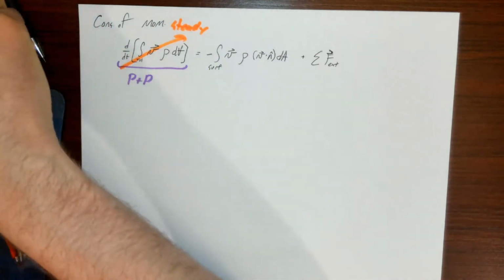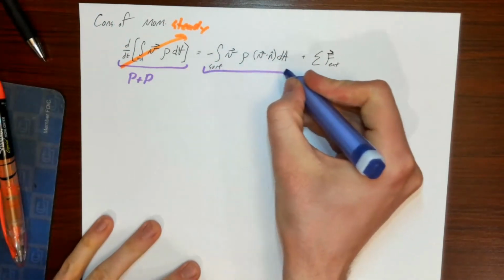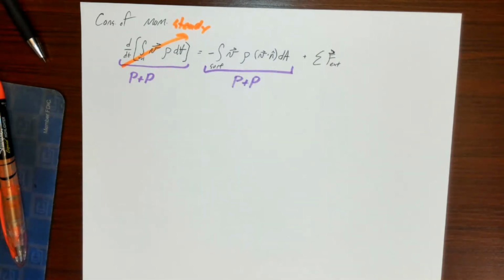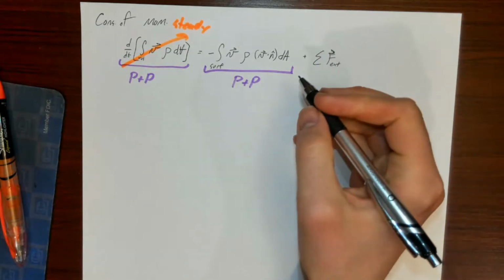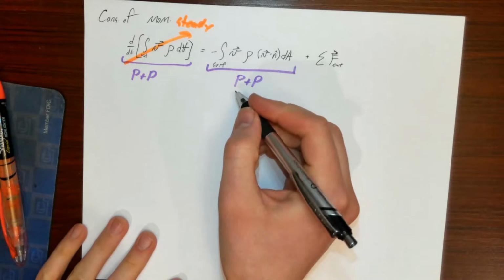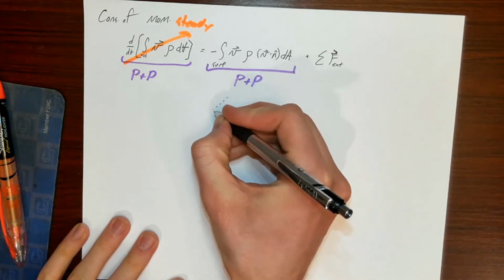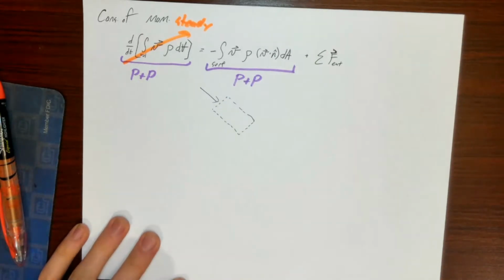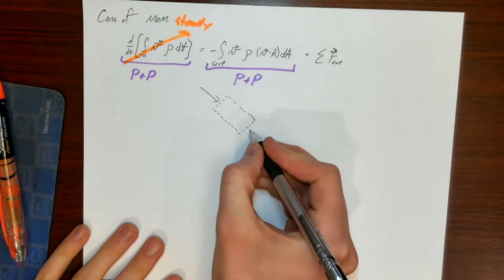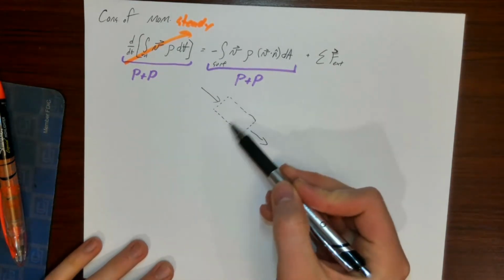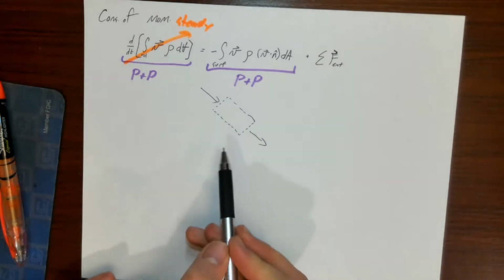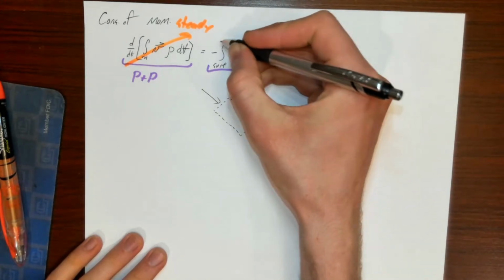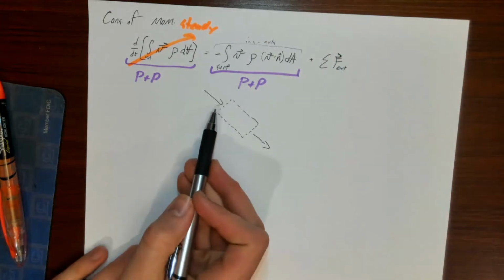Now, take a moment, pause and ponder. Consider what this term is going to be for this problem. All right, well, we like to think of this as the ins and outs, right? So if I think about my little chunk of fluid, I have some velocity going in one face. I have some velocity going out the other face. I don't have any velocities crossing these faces or coming in at weird angles like this. So if I think of my ins minus my outs for this whole thing right here, well, we said that